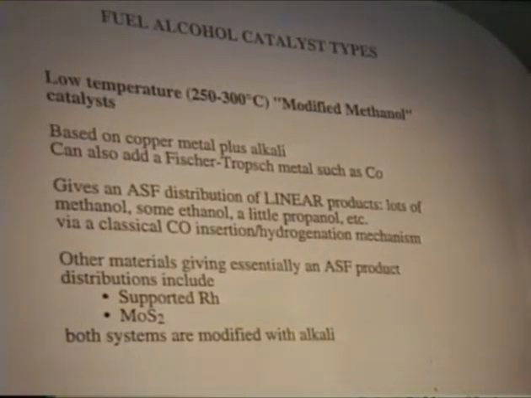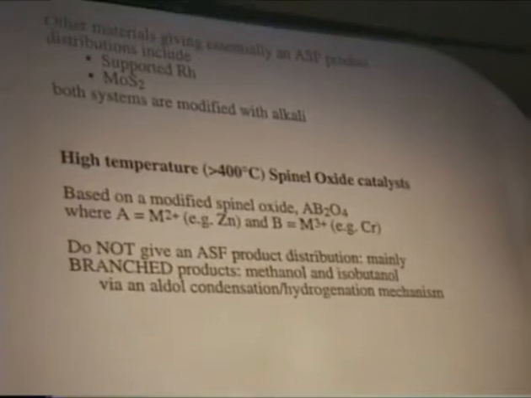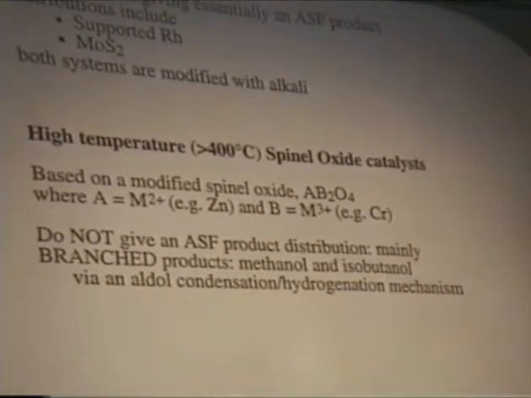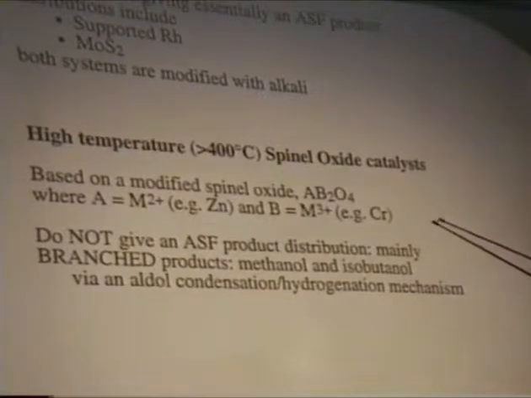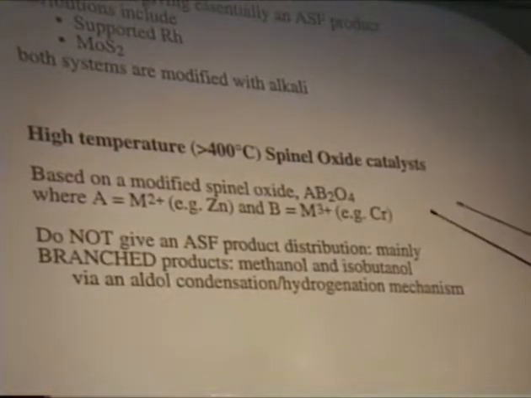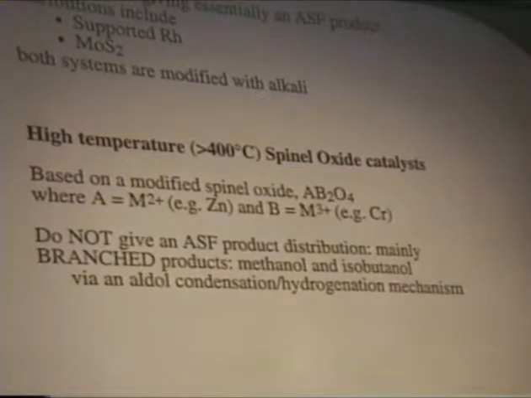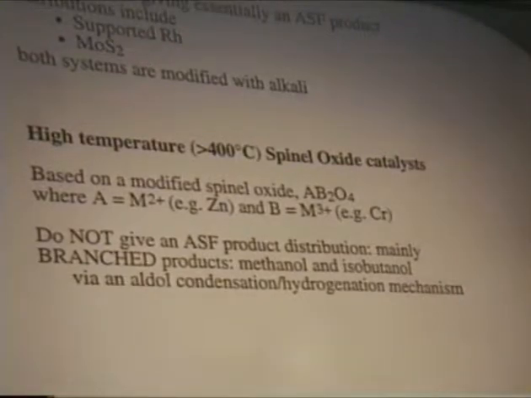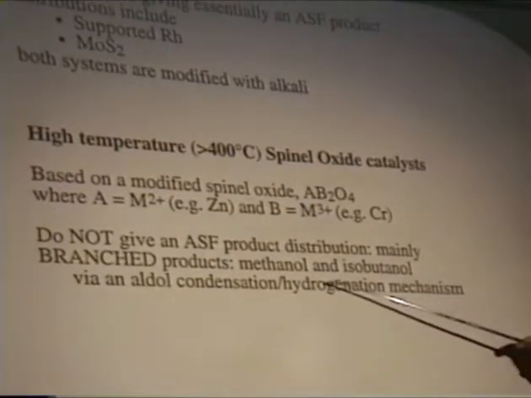If you go back through history and find out where the first higher alcohol synthesis catalyst came from, it actually came from the work that came out of Germany 40 odd years ago now, where you take a modified spinel oxide catalyst that was originally used for methanol synthesis, and the usual one here is zinc chromite. This does not produce an Anderson-Schulz-Flory distribution, but in fact gives you branched products. Usually it's the 2-methyl alcohol that's produced, and therefore if you have a C4 alcohol, you'll get isobutanol, 2-methyl propanol,